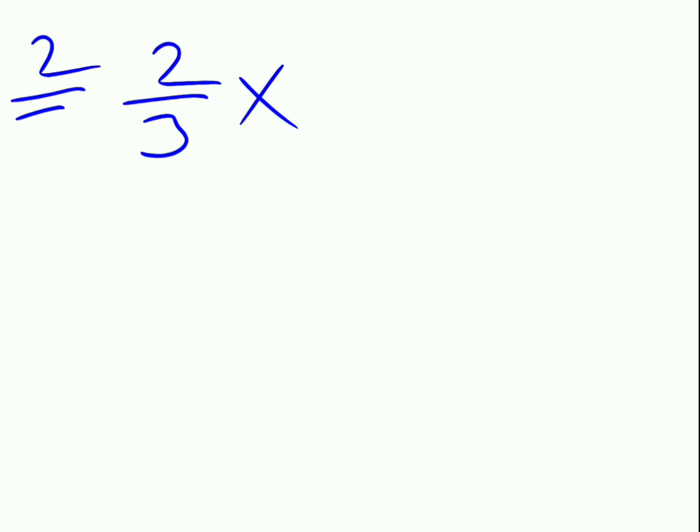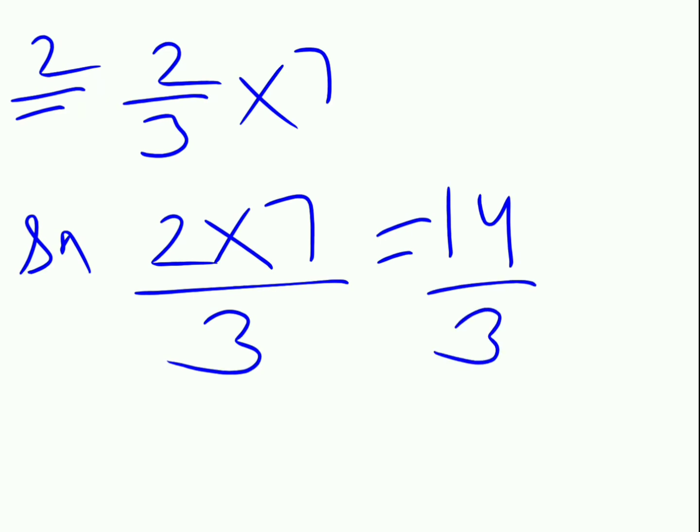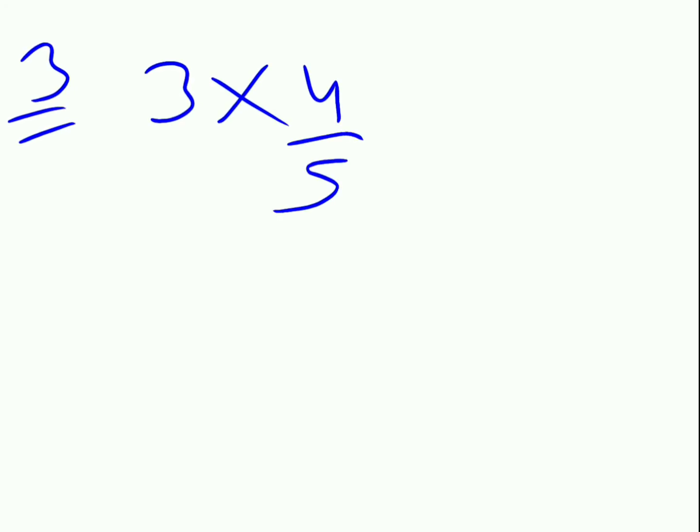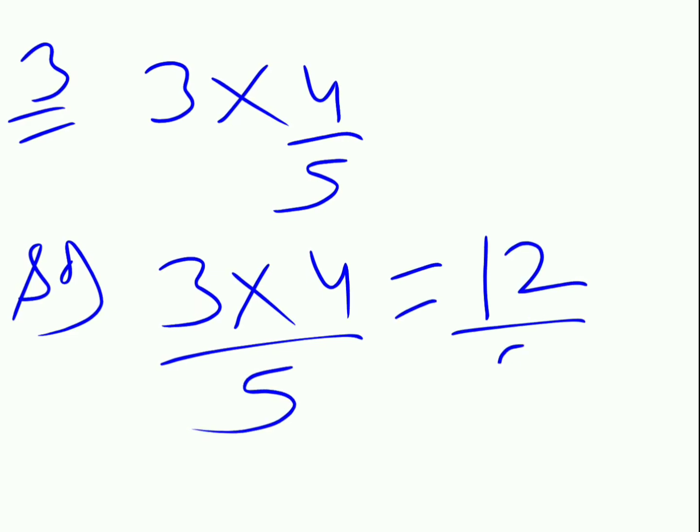Clear? Now we do the second part, that is 2 upon 3 into 7. How do you multiply? You have to multiply 2 with 7, meaning the whole number with the numerator of the fraction, and the denominator you have to write as it is. So the answer will be 14 upon 3. Clear? Now we do the third part. It's 3 into 4 upon 5. So the whole number is 3. Multiply with the fraction numerator, that is 4, divided by 5. The answer will be 3 4s are 12 upon 5.